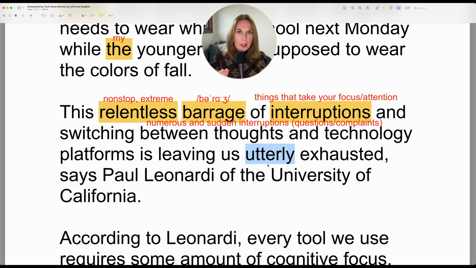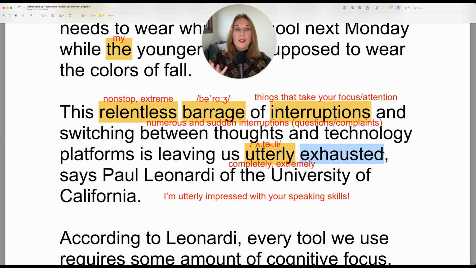Utterly. So this sound, now I'll pronounce these as a soft D sound. Utterly. Utterly exhausted. This just intensifies exhausted. So it means completely, fully, totally. Now this example shares a negative, exhausted, extremely tired, and then utterly is modifying that, intensifying it, but you can use it in a positive, of course.